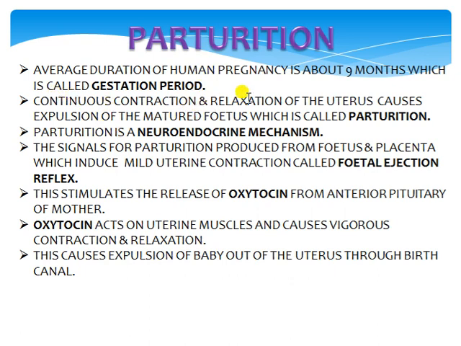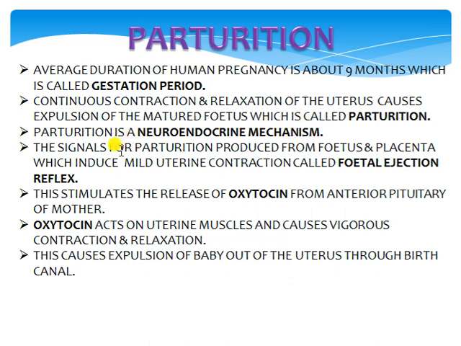Now continuous contraction and relaxation of the uterus causes the expulsion of the matured fetus, and that is called parturition. Keep in mind, just after the gestation period is over, the fetus is fully grown. Now due to contraction and relaxation of the uterine lining, the matured fetus starts to be expelled from the uterus, and that is commonly known as parturition. Keep in mind, this parturition is a neuroendocrine mechanism. Why do I call it a neuroendocrine mechanism? Because there is a neuronal control as well as endocrine control behind it.